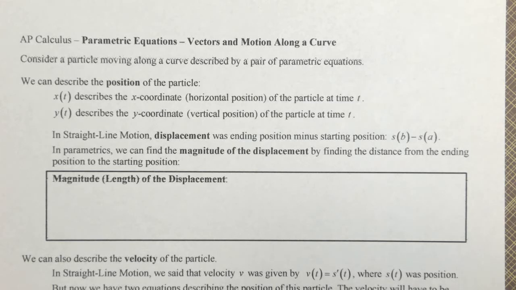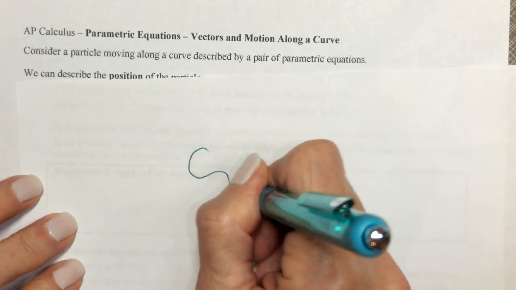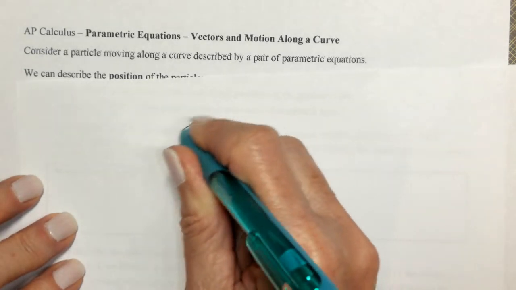On our second day of parametric equations, we're going to be looking at an application of parametric equations, and that is motion along a curve, and it will involve vectors. So let's consider a particle moving along a curve, and this curve is described by parametric equations,